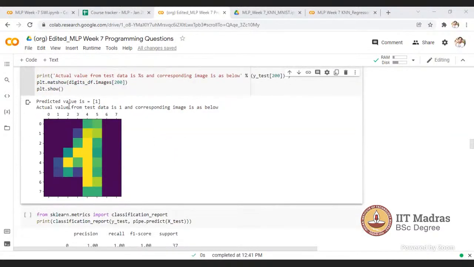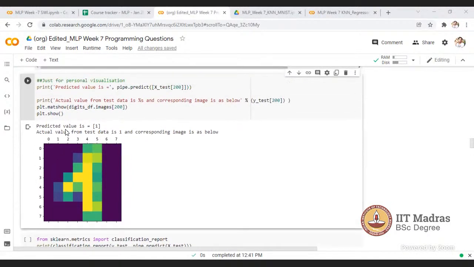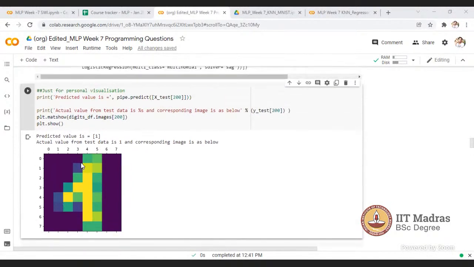In that case, see how the digit one is represented here. If we had more features, this pixel value is plotted on 8 by 8, and if that would be more, then we would see a much clearer picture of this one.